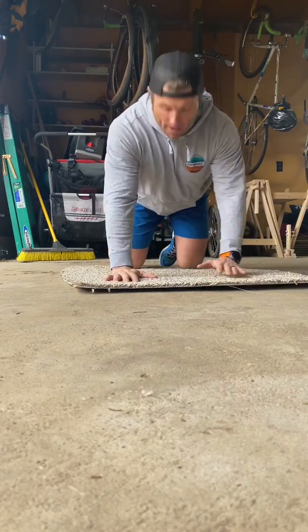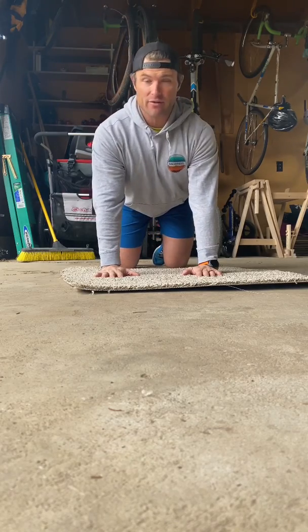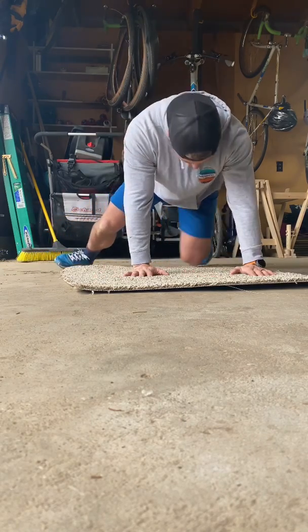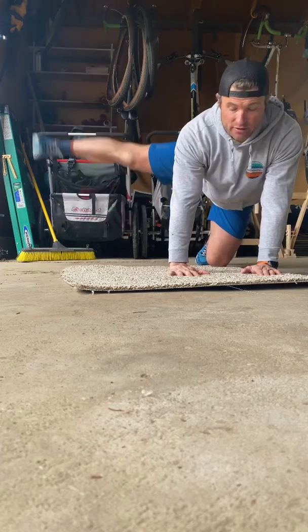Get into that tabletop position. Tabletop position is hands on the ground, knees on the ground, flat back. You're gonna start with your right leg out to the side, and you're gonna do 10 repetitions by lifting your leg straight up, okay? 1, 2,